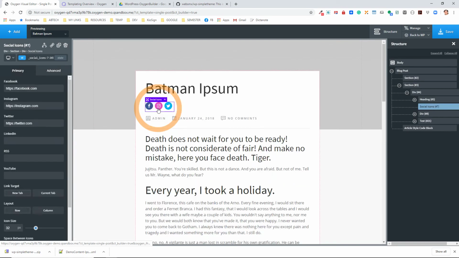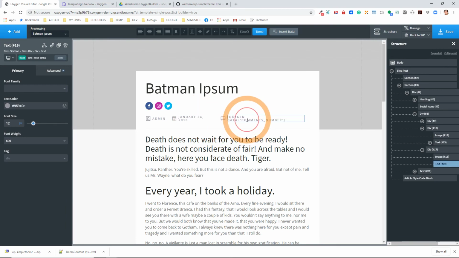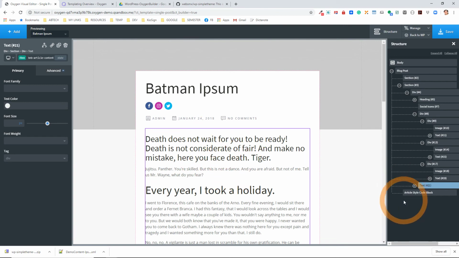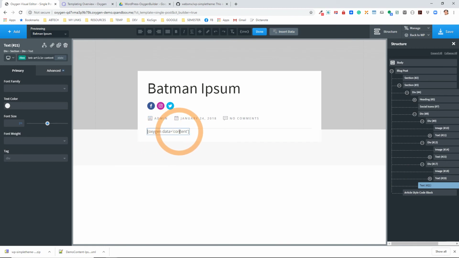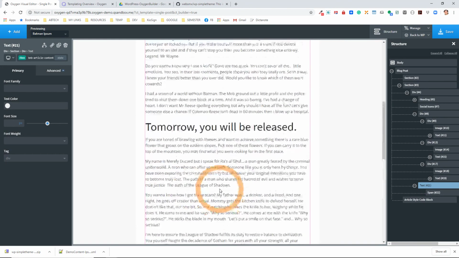The next thing that we have here is some social icons. Then we have our metadata, and you can see for all of these we have some sort of Oxygen data equals date, Oxygen data comments dash number, and then this might be the author. And then we have our content right here, and that content is our Oxygen data equals content. So really easy to add all of that text right in there. And then of course anything that you might want to do, like social share icons, you can add as a short code or whatever else for this particular